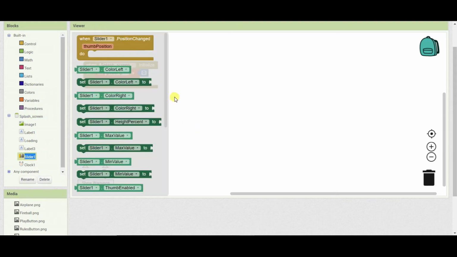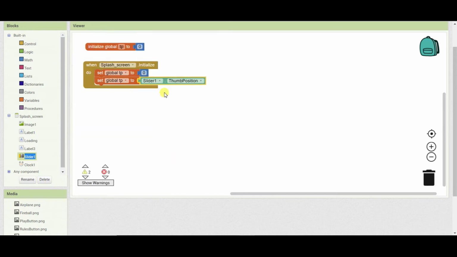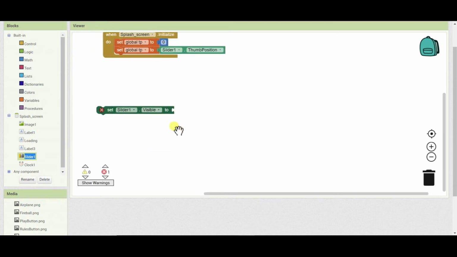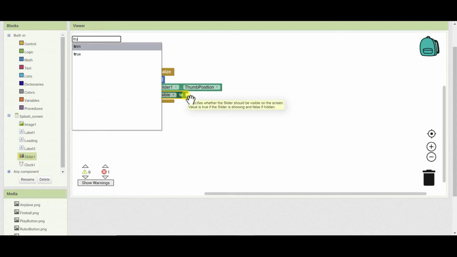thumb position. To know more about the slider component, you can also see our video on how to use the slider component in MIT App Inventor. I will provide you with the link in the description box so you can see that. Then we have to set the slider1 visible to true,